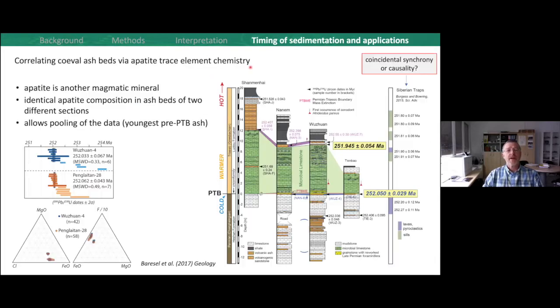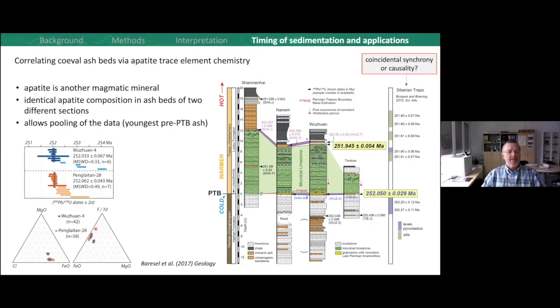And we also tried other things. We also managed to correlate ash beds in different sections via apatite. That's another mineral which is in ash beds. And by pure chance, we found out that in one ash bed,